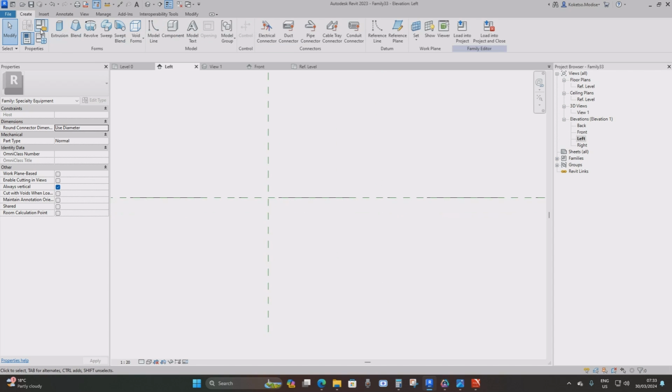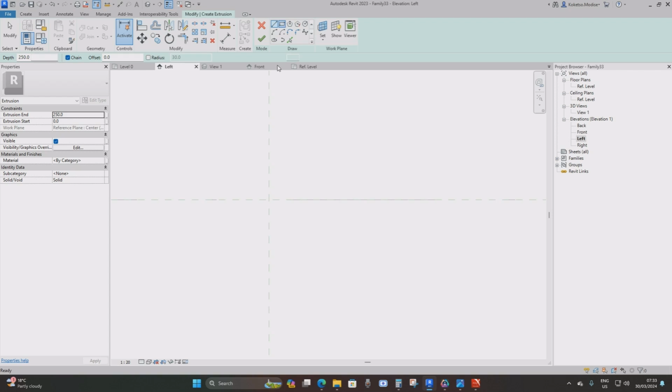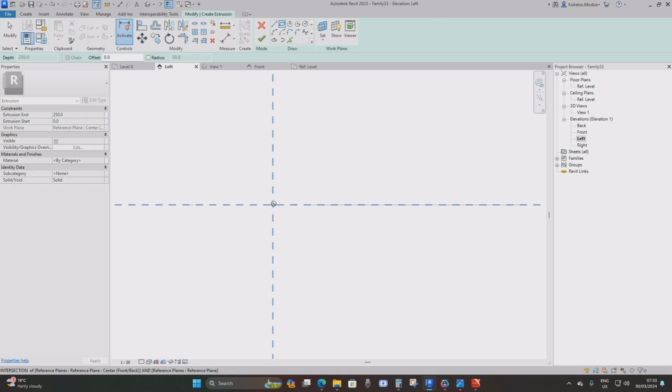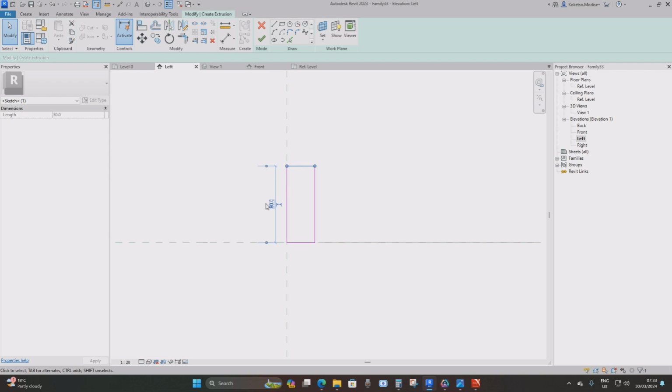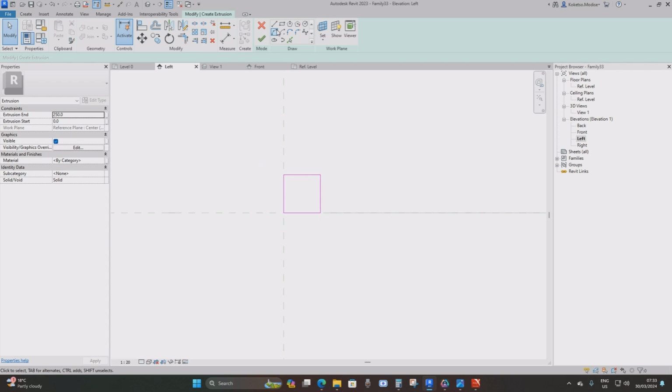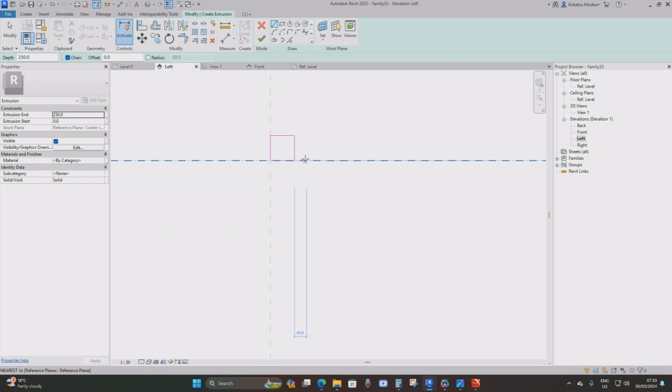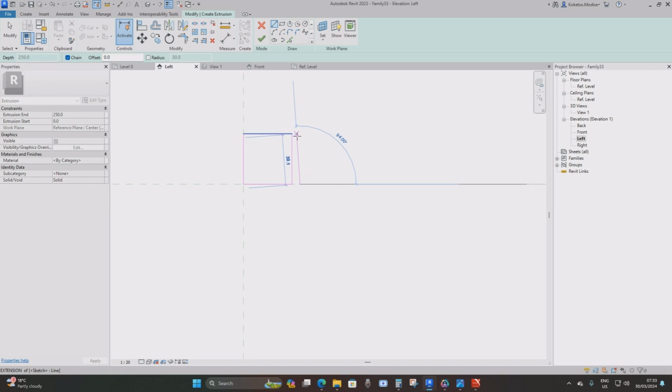and then we're going to say create and say extrusion, and then we're going to select our rectangle option, and then from this insertion point just randomly draw a rectangle, and then we're going to offset it from this side by 30 millimeters, and then from the top we're going to also make it 30 millimeters. And now we're going to select our line, and then we're going to offset it from this block by 15 millimeters, actually by 5, and then we're going to take it upwards by 30, press escape,